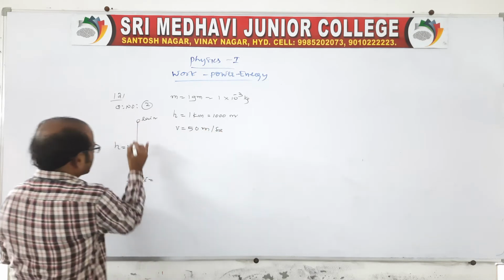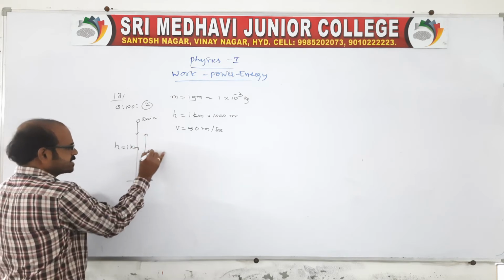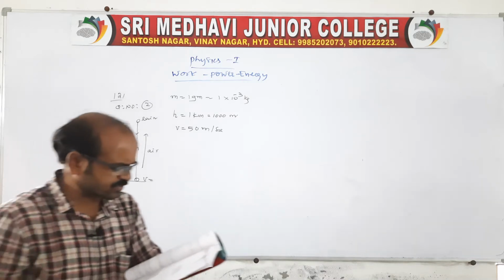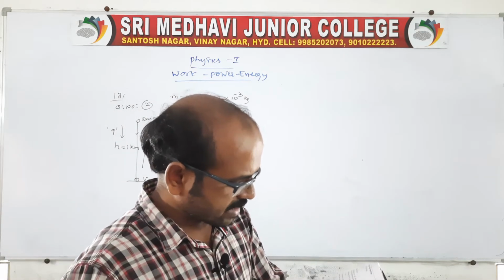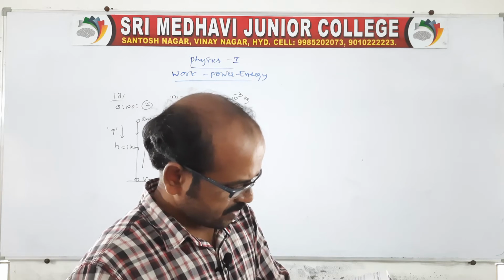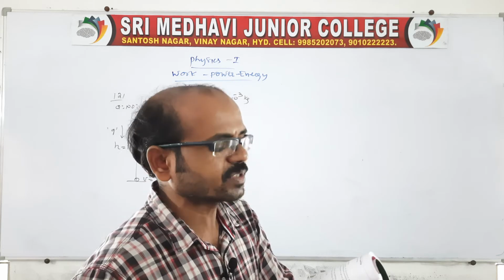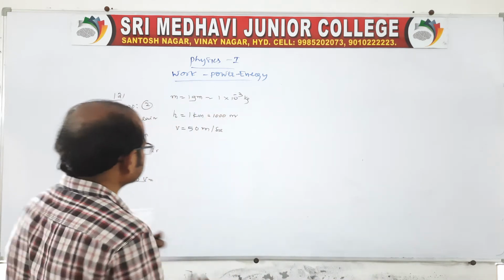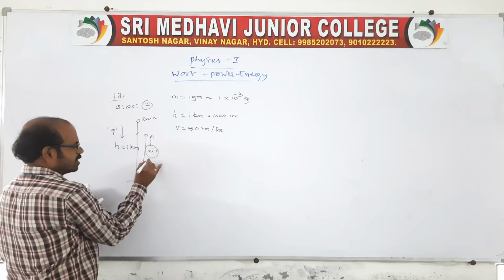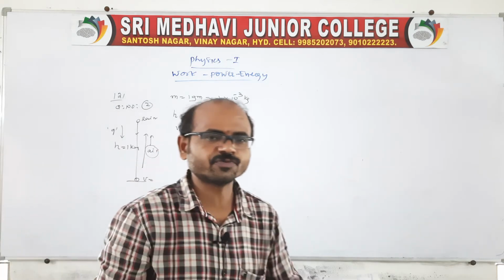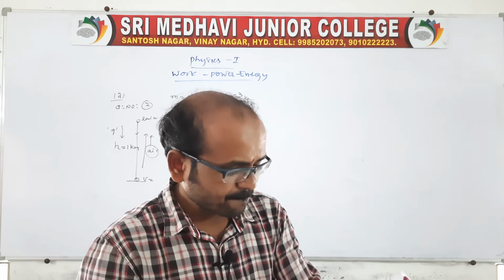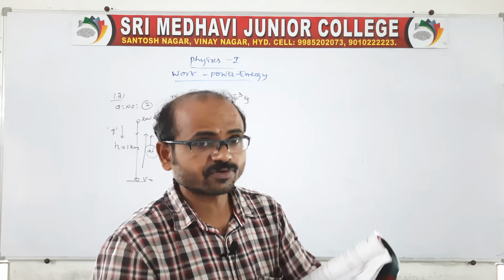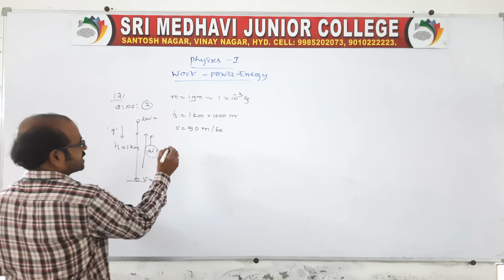This is the given data. When the rain is falling, air acts opposite to it, and it falls under gravitational force. See what is actually being asked: first, what is the work done by the gravitational force, and second, what is the work done by the unknown resistive force? There is an unknown resistive force acting, no? For that purpose we should first know the work done by the gravitational force.